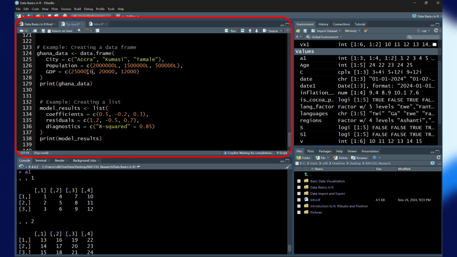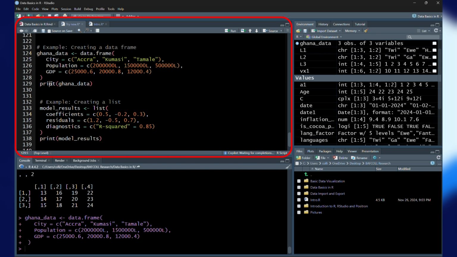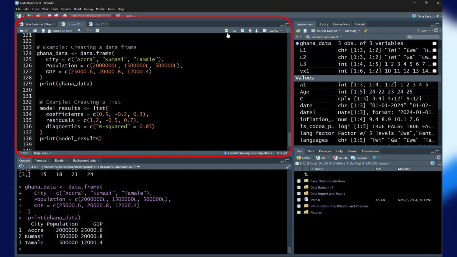We can add 0.86. So when we check the class,